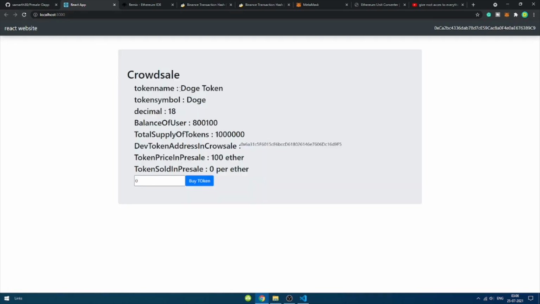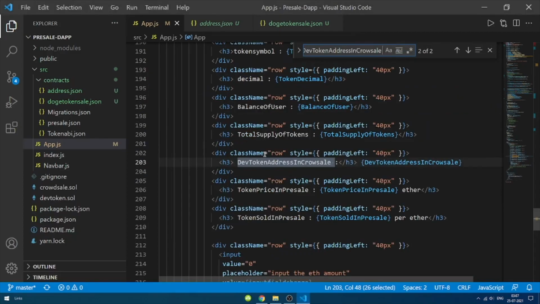So yeah, you can see that it's showing the name of the token we are buying, symbol, its decimal, and balance of me. So I just deposited 2 lakh and bought 100 tokens for one DAI. So it's showing this balance of me. Total supply is 1 million, and I'll just change it with this